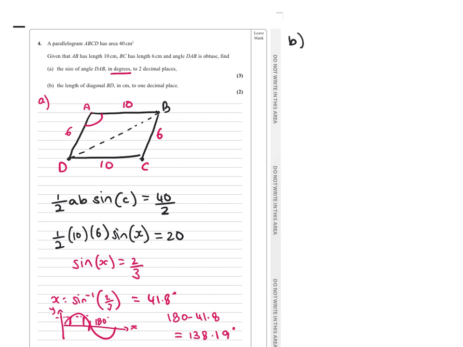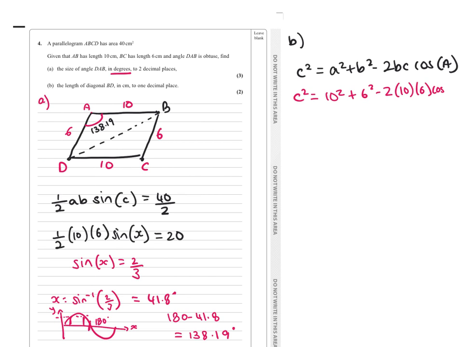Part B. Okay, so we know this is now 138.19. The length of the diagonal BD. What should we be thinking straight away? Cosine rule. So this is actually nice and simple. C squared equals A squared plus B squared minus 2BC cos of A. So we know what our C is, what we're trying to figure out. Our A squared and B squared, so 10 squared plus 6 squared minus 2 lots of 10 lots of 6 cos of our angle,